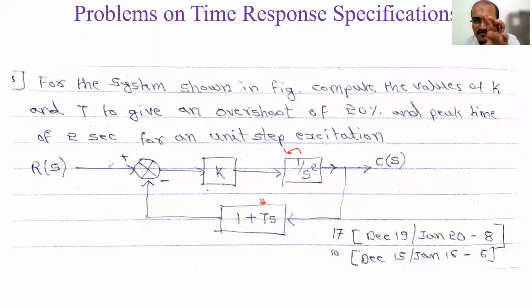From that you will get a transfer function, and that transfer function you will compare with the standard transfer function, because the system is given. When the system is given we can compare. When no system is given and only values are given, you can just find out and substitute in the standard transfer function. So you compare, and you will get the zeta and omega n values in terms of these constants, k and tau. Next you have to use the given values. You know that peak overshoot completely depends on the zeta value, so from the peak overshoot you can find out the zeta value, as we did in the previous problem.